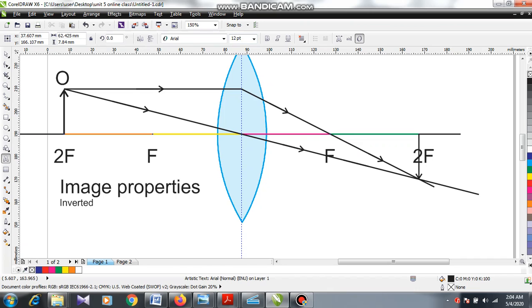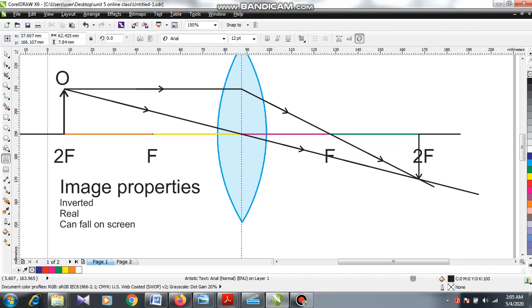Second, real. Truly, two lines are meeting and making the image, so it's real. Third, if it is real, it can be caught on a screen.